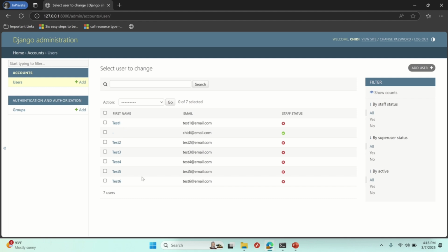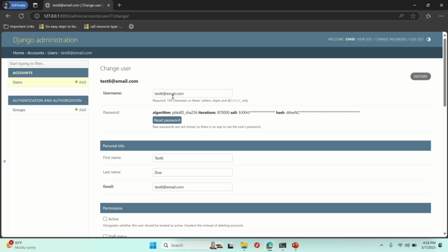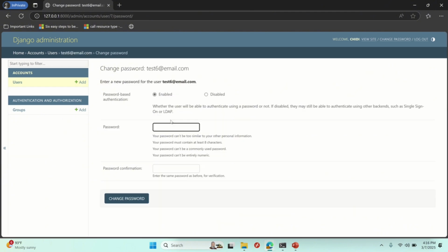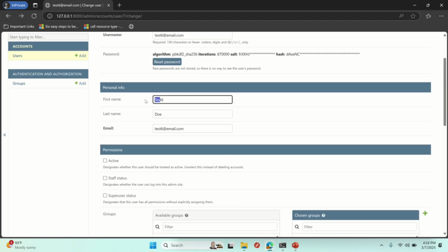building the application. However, we're interested in this user called user test 6. As you can see, there are different functionalities I can do for this user test 6. You can see the email ID. I can also reset the user password from my own end. As you can see here, I can put in a password and then confirm the password as well. Then I can change the first name if I want to, change the last name, change the email ID as